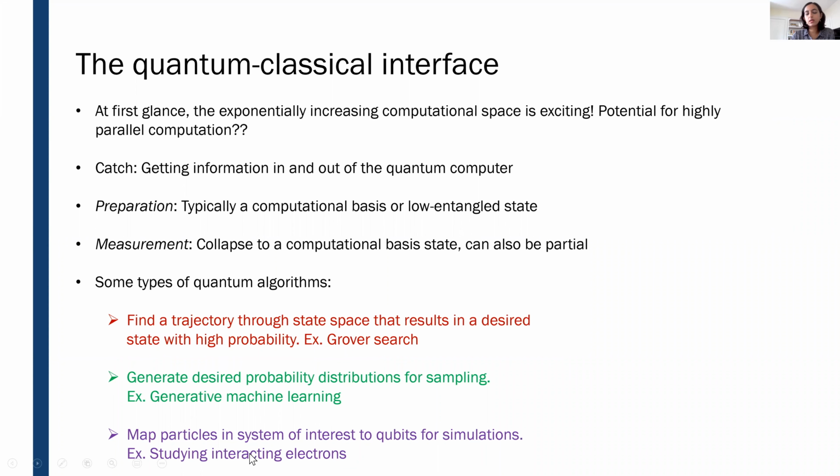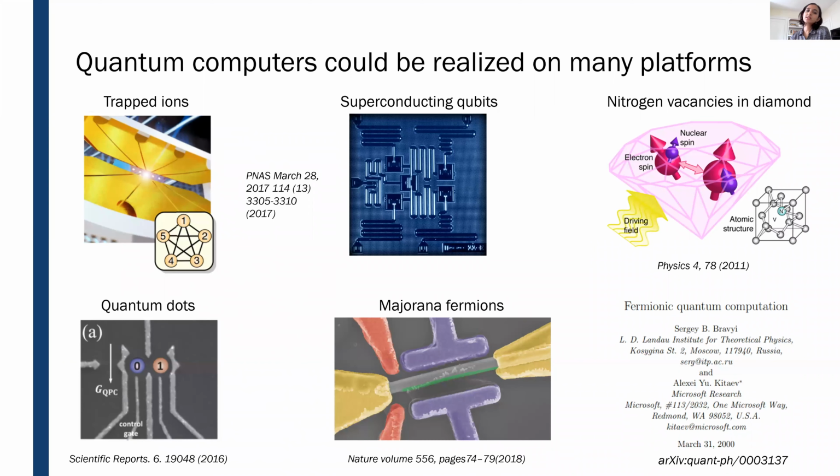And so, for example, systems of interacting electrons can be studied in this way. And then also very interesting is that quantum computers can